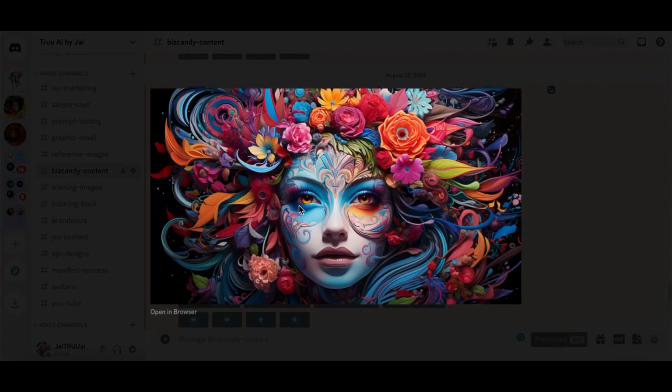We have been waiting on Inpainting for Midjourney for quite some time, and Midjourney has been telling us for weeks that it's coming, and Discord finally released it for us late yesterday evening, maybe late last night. I found out super early this morning. So let's talk about